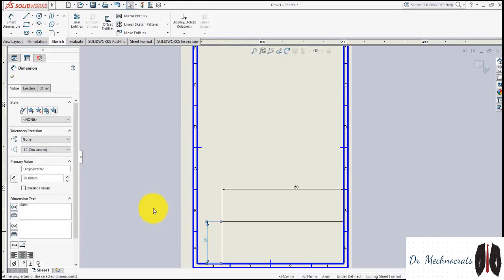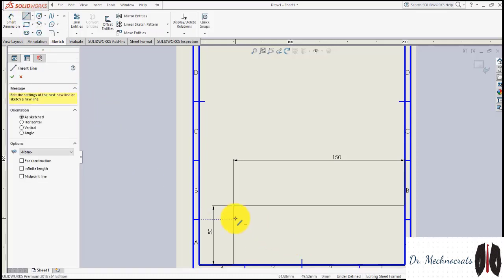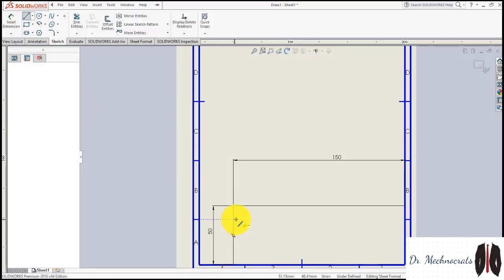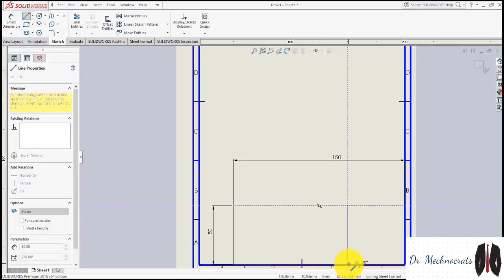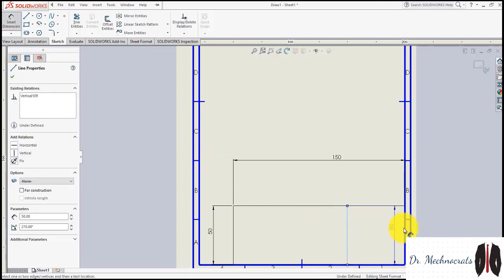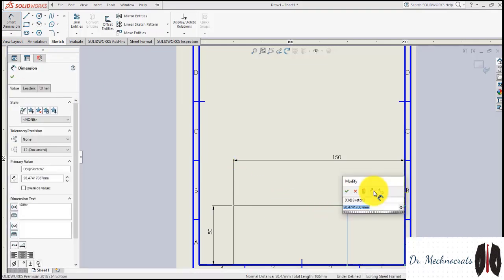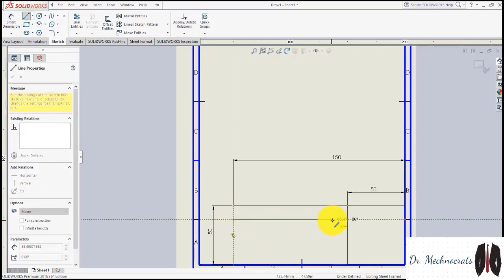Right. So this is the title box. Here you have to draw the lines. First draw a vertical line. Fix this distance as 50 mm. Right. And now we have to draw the symmetrical lines of 10 mm.